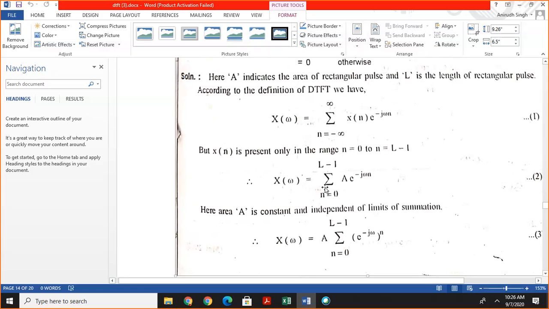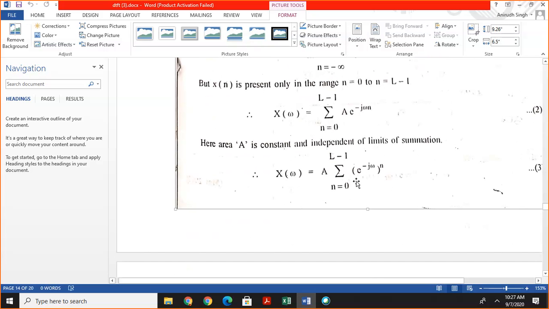So for X of omega, the limit is changed to n equal to 0 to L minus 1. So X of omega is given by the summation of a exponential minus j omega n. A is constant, so we take this term out of the summation sign,